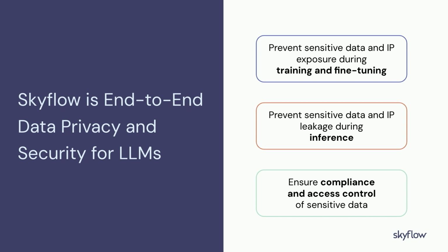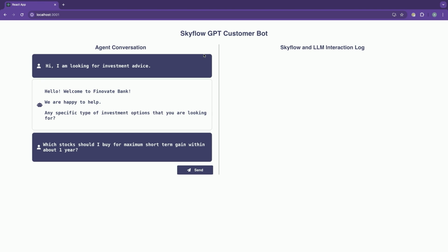Now, Skyflow's LLM Data Privacy Vault solution has a set of powerful APIs for all these different use cases that you see on the screen. So let's take a look at what we're going to use. For this specific use case, we're going to use Skyflow's Guardrails API. So Guardrails allows organizations to define a set of rules that govern the interaction between a new or prospective or existing customer and an interface like the one we're seeing on the screen that is powered by GenAI and large